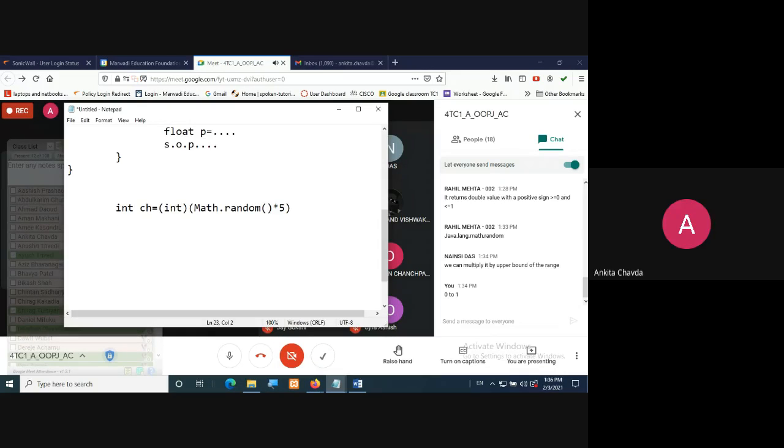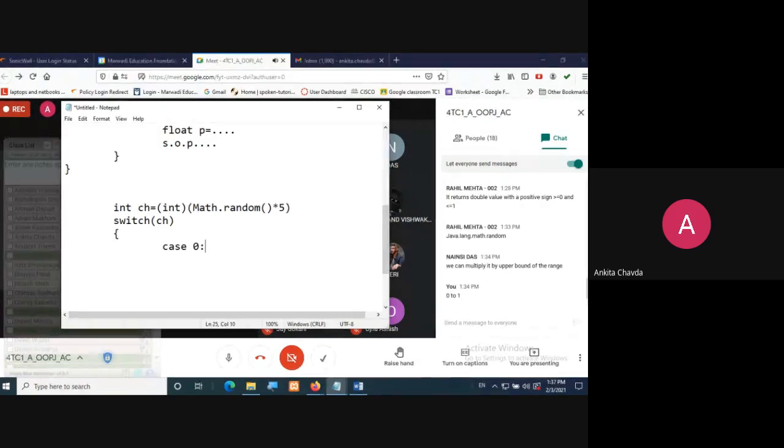Yeah. And based on this, you are making a switch case, right? So switch on choice, and then you will give the cases. It is also possible that you generate numbers between 1 and 6, so you would start your case from 1. But here we have numbers between 0 and 5, so you have to start your case with 0.